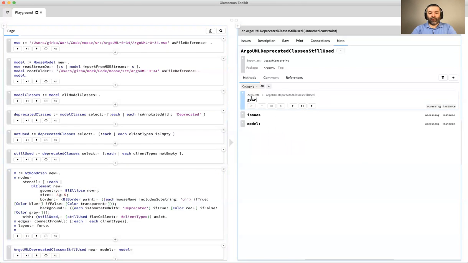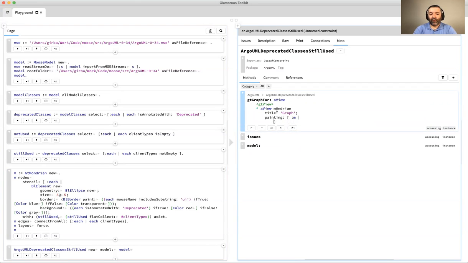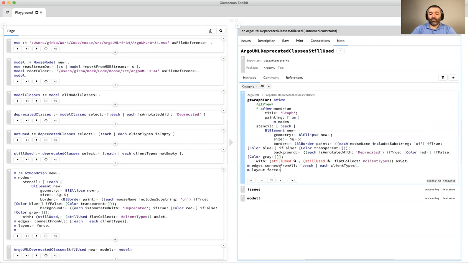So we call it graph. So the way we create a view is always, we have a method that gets a view builder as a parameter. And we annotate it always with the GTView pragma. And then we say here, and we want a view. And here, notice how we created here a Mondrian object. We explicitly created, and we can also ask the view here, well, we just want a Mondrian object. Let's give it a title. The title should be graph. And then a Mondrian view already gives us a Mondrian variable, which means that I can just